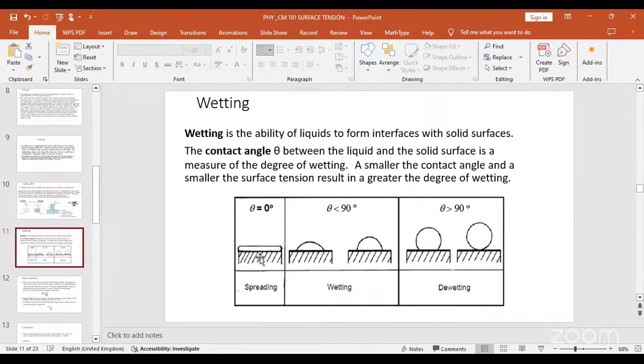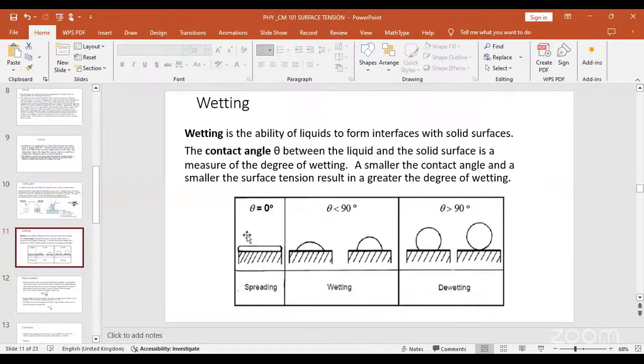As we see here, the contact angle is much smaller. The contact angle is like 0 degrees. We cannot measure anything from here. The contact angle is 0, and so the wetting is large. You can see it spreading out